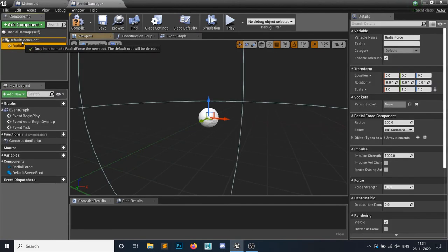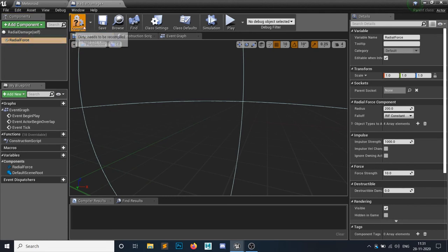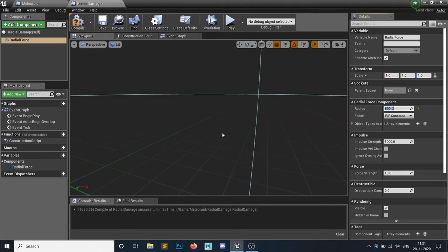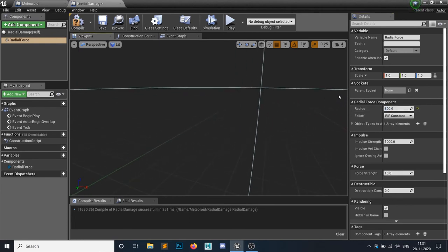Let's make it the default scene root. The radius should be 800, so from 800 units this radial force would be applied. Impulse strength, let's make it something more that can be fireable, so 1 lakh. And the force should be 100 units. You can play around with these values and find your best match.